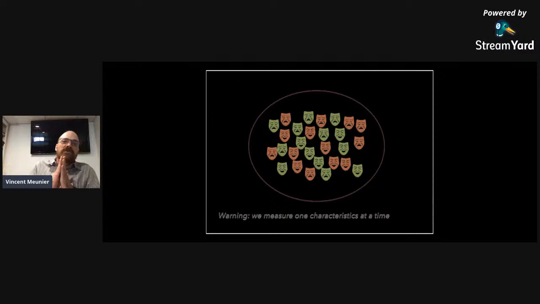One thing that's very important, and this is the warning I have on this slide, is that we can only measure one characteristic at a time. We cannot measure more than one. This is just the fact. We cannot tell two things at the same time. And in fact, you will see in science very often, or even in real life, that getting two properties at the same time is essentially impossible. You have to make two measurements. Think about that a little bit. I think it's an interesting point to think about.